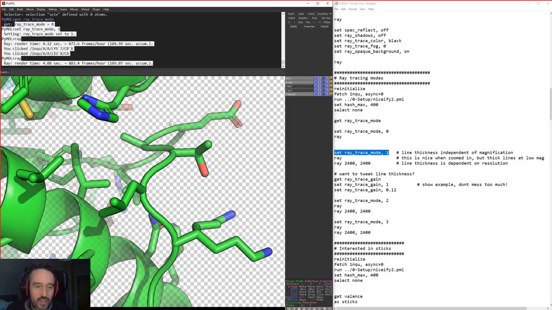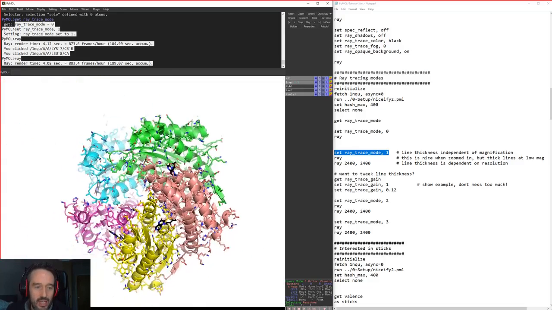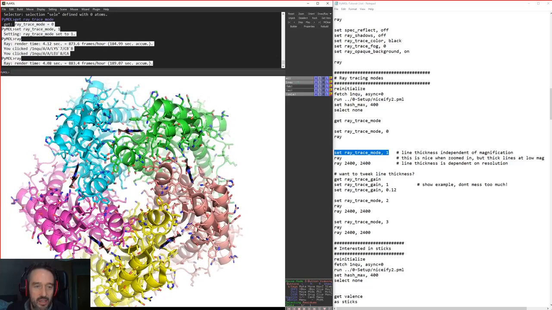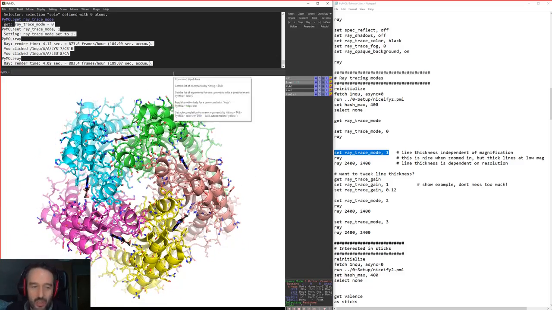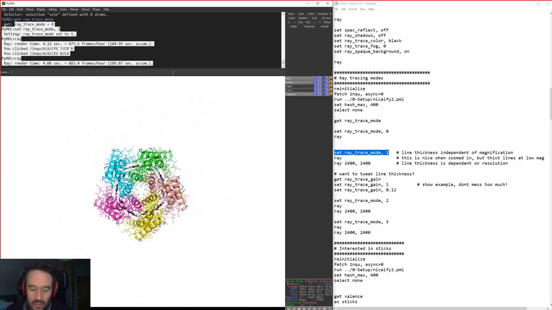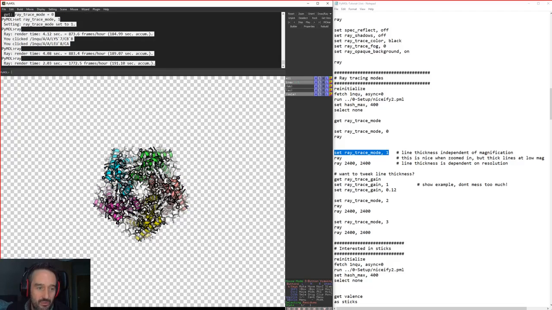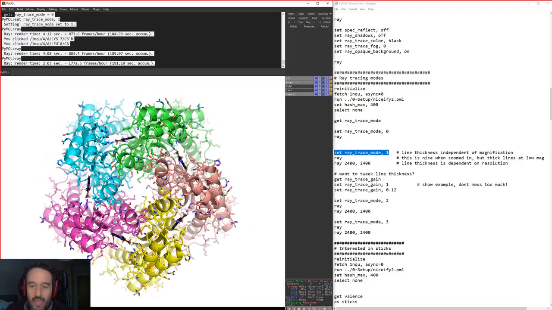You notice actually that here the lines appear a bit thinner, but I think really the lines are at the same thickness regardless of how zoomed in or out you are. So if you're very zoomed out, for example, I think the line thickness stays really quite thick. It's also dependent on your resolution. So if you ray at a high resolution, then your line thickness becomes thinner.